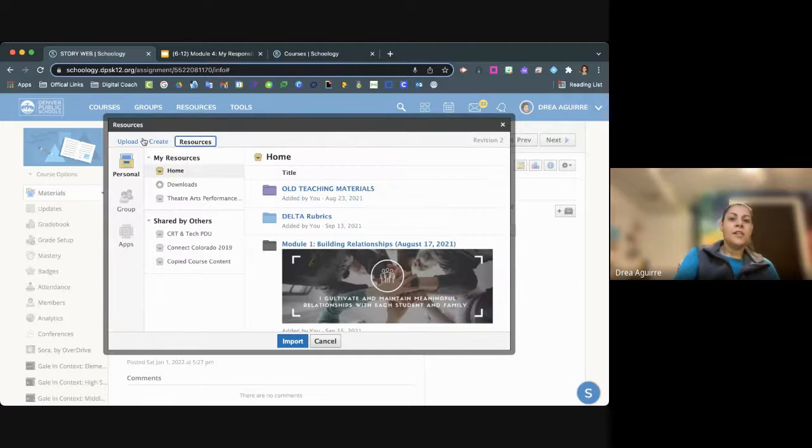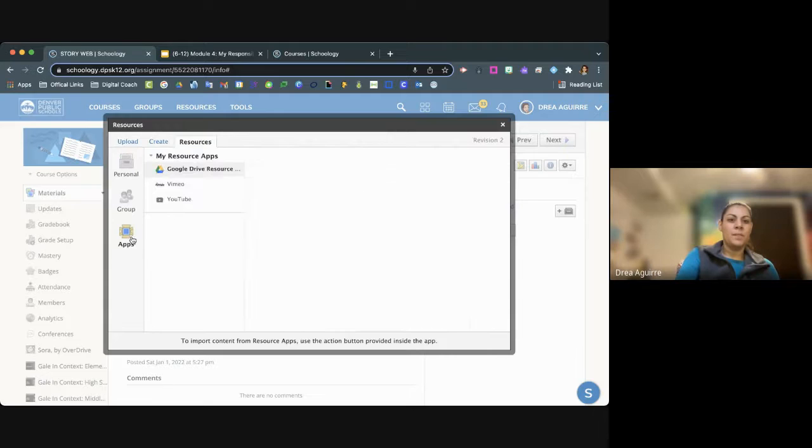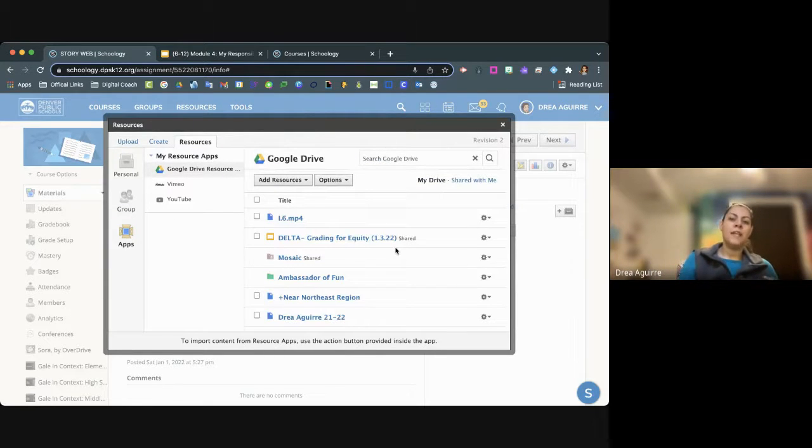And then the other thing they can do is pull things directly from their resources. I typically don't have kids work from this very often because it can be a little finicky, but this is where they can directly pull from their apps, their Google Drive resources. So anything that they have saved to their drive, maybe this is just an assignment submission for a presentation, and they could do their presentation in a variety of ways. If they happen to do a slide deck that they had recording over, I could go ahead and pop in